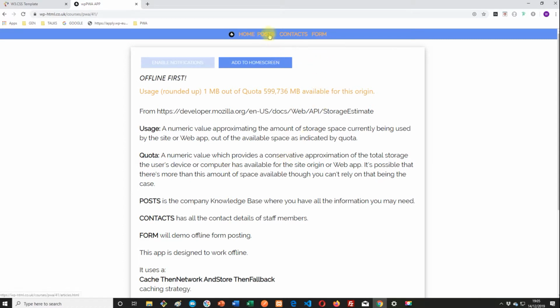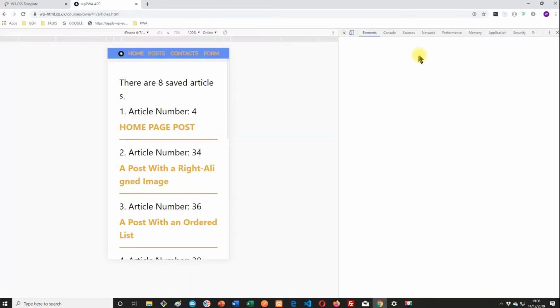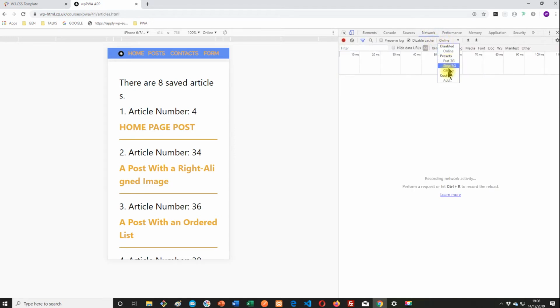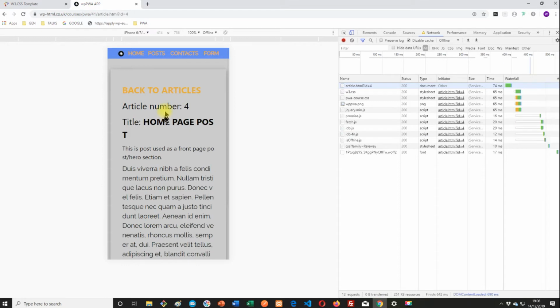So first things, let's go to posts. We can see all the posts here. Let's go to DevTools. And what we're going to do is go into network. We're going to go offline. And if we go back into posts, I've shaded it out because it knows it's offline. We can click on a post, go back,